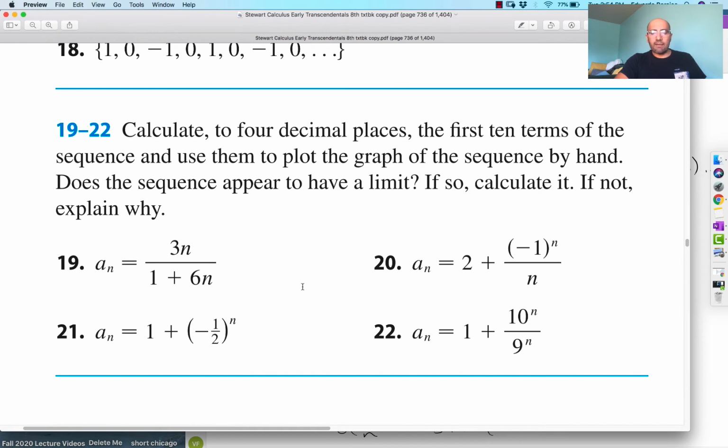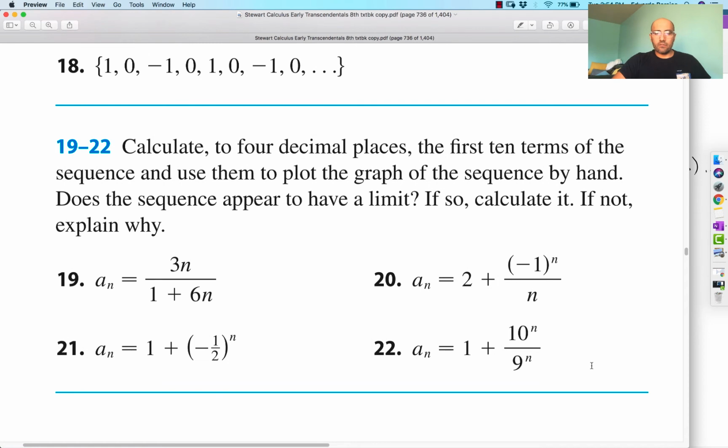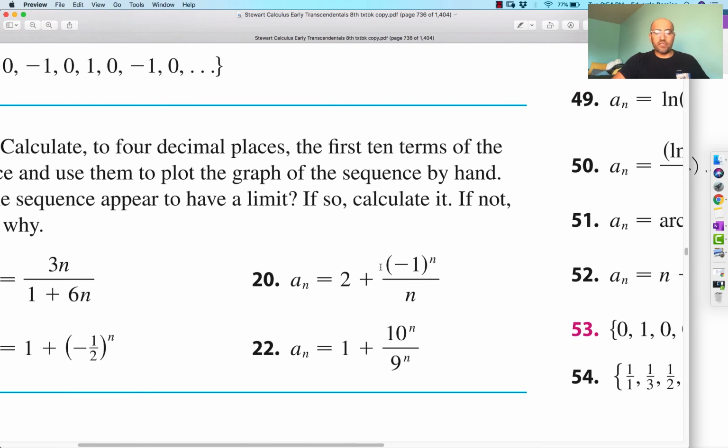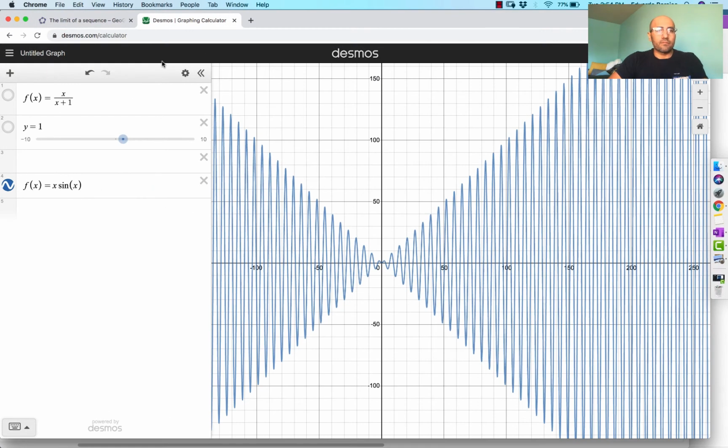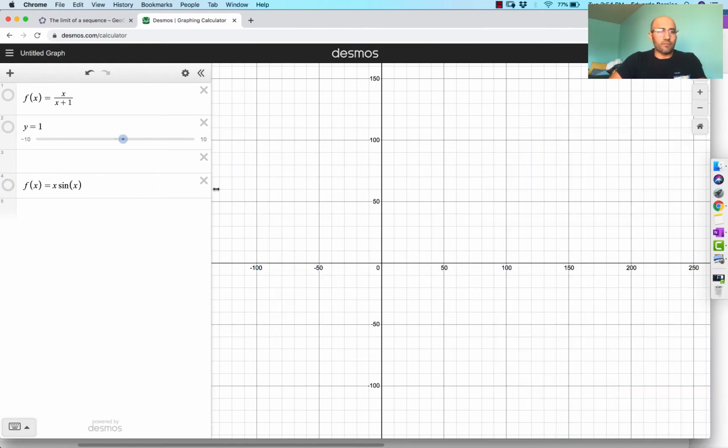So let's say, for example, on number 20, 20 is going to be the following. So let's use technology to begin this process. So let's go to our Desmos. Let's get rid of that, get rid of that, get rid of that, get rid of that. Let's create a table, and let's call this n.